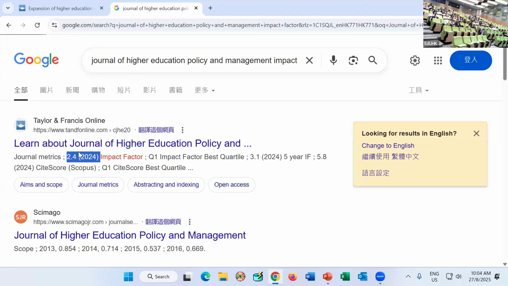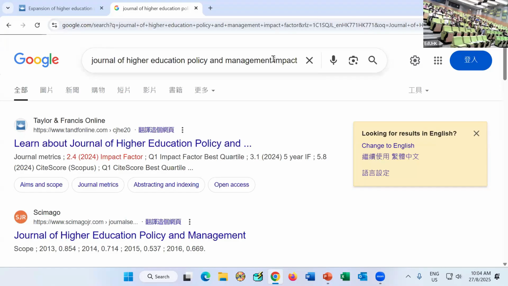Okay, but then it's something that you can have a look at. And some information about impact factor, universities care about that a lot. They would expect scholars like you or teachers to be able to publish in journals of higher impact factors. And the way to get a higher impact factor for the journal is that more people cite the papers, or some really famous scholars publish in the journals. Okay, so this is a way to show whether the journal is of a high quality.